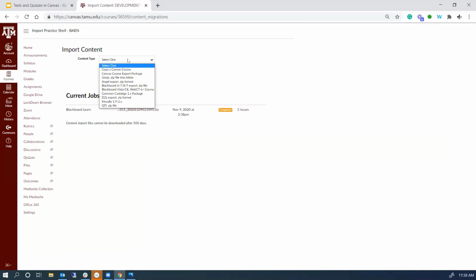And these are all the different types of files that you can import: Canvas course export package, a zip file full of files, various different LMS imports, QTI files if you get tests from a publisher.